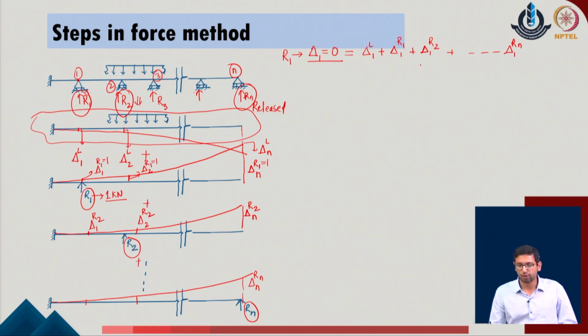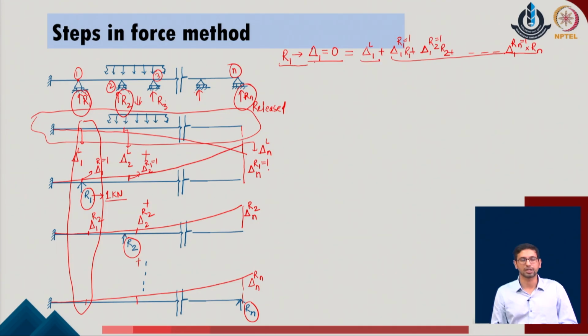As we have provided the values of these redundants with unit magnitude, we can actually consider them in the similar definition of the flexibility which we initially take up in the given system. So, with this criteria in mind, we can do this kind of compatibility conditions for all those set of displacements which are in the direction of these redundants identified in the original problem. So, at the position of the redundant 1, I describe the displacement, adding the displacement for all these n systems, I add the contribution, which is like this. Along with that, we also add the contribution due to the external load.